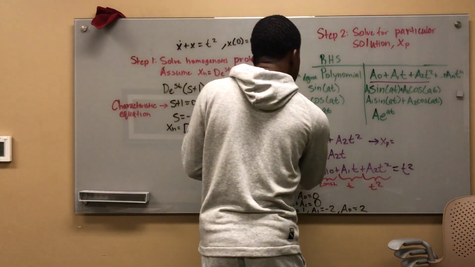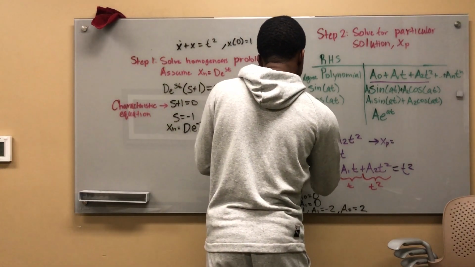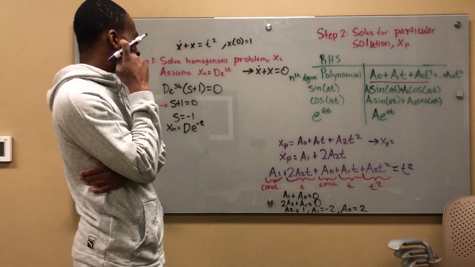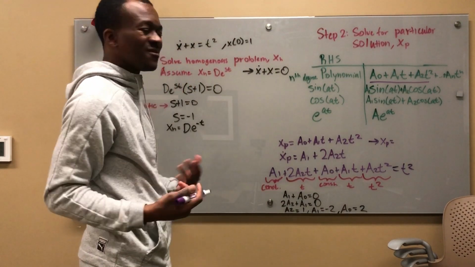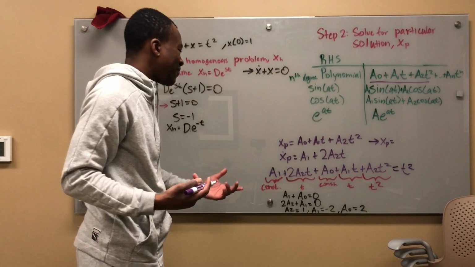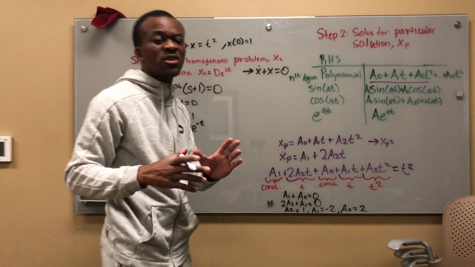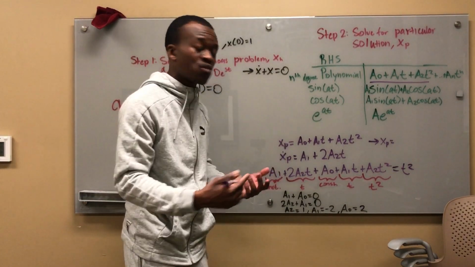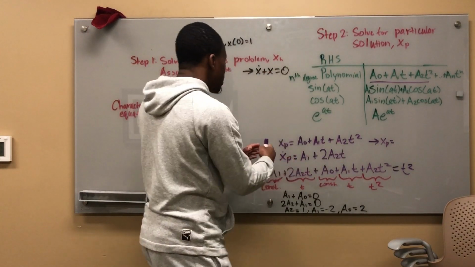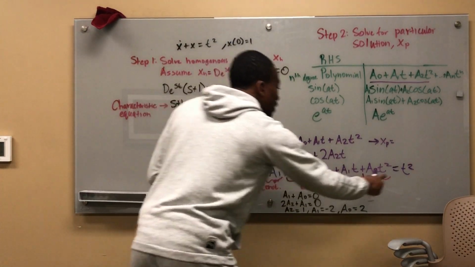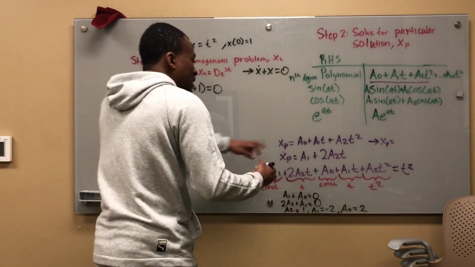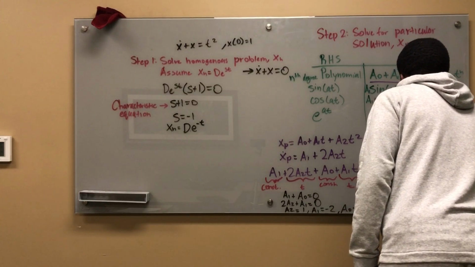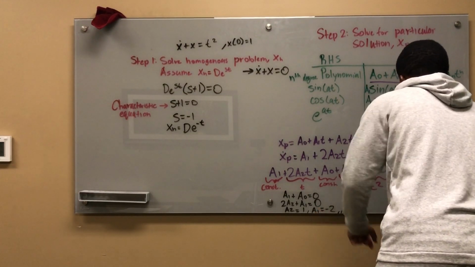Okay, so using this right here, we're going to rewrite that, and I'm trying to think about how to explain that. In fact, just know that this is your xp, okay? You have to try and make logic out of it, but this is our xp, and we come back to this to get our whole xp, right? Because we had to use this and this to write this out and equate that to this to get our final xp, which is going to end up being this, because our xp is A0, so it's 2t plus A1, so minus